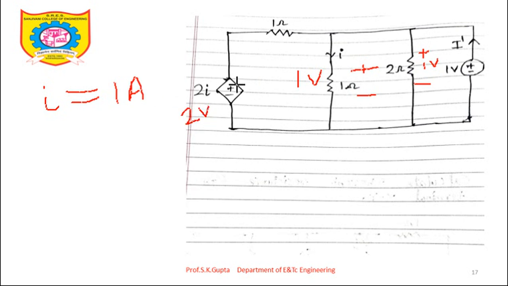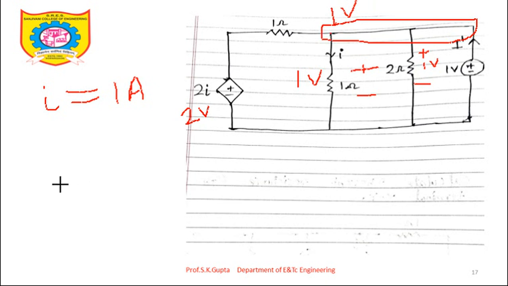This is a voltage source because of the plus minus sign. If an arrow is written, that means it is a current source, but plus minus means it is a voltage source. All these nodes are same. All these nodes are same. So I will use the nodal equation. Voltage is 1 volt. Voltage is 1 volt. Now I will apply the nodal equation, so the sum of leaving currents equal to 0.